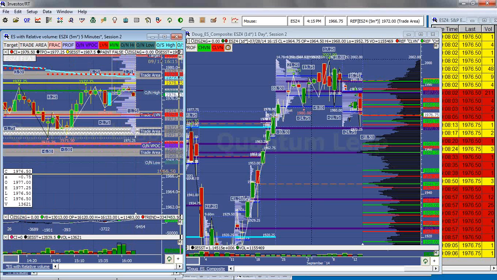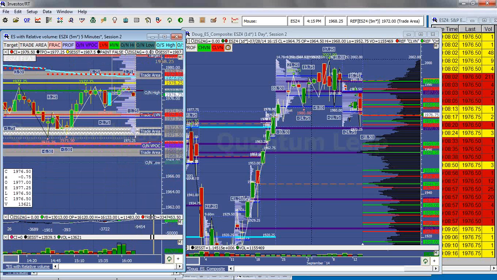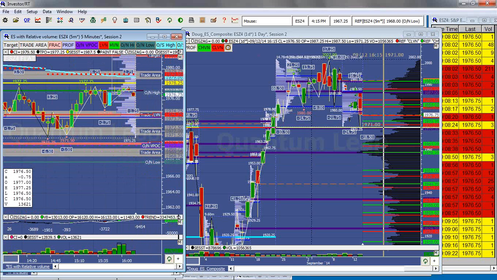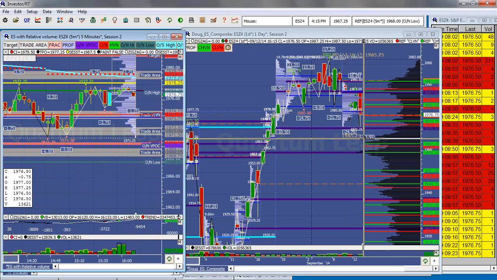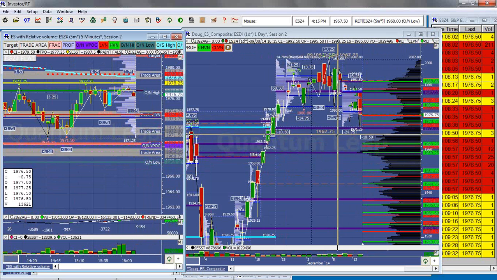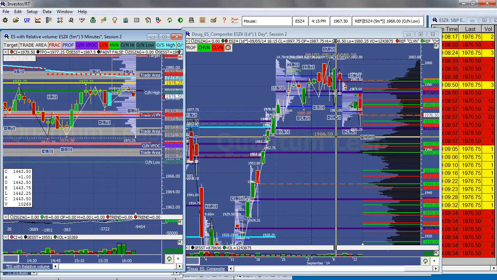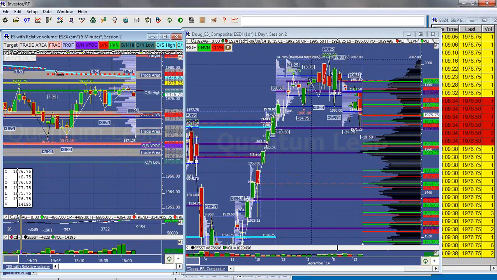And if the responsive buyers don't step in there, then look for them to take out the overnight low at 68. I don't know why this is at 68. And then there really isn't much holding us up at that point in time. So, below that 68, I think the overnight low gets taken out. You've got a little bit of support here at 66.50,